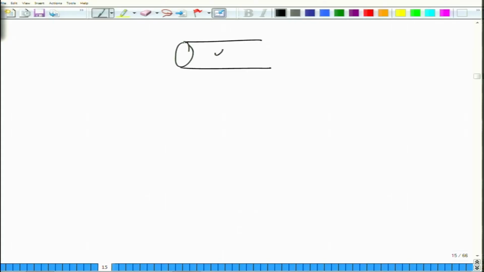We have talked about attenuation, we have talked about dispersion, and we have talked about non-linearities. How do we go and measure these properties? I do not have time to discuss all the measurement techniques. In fact,